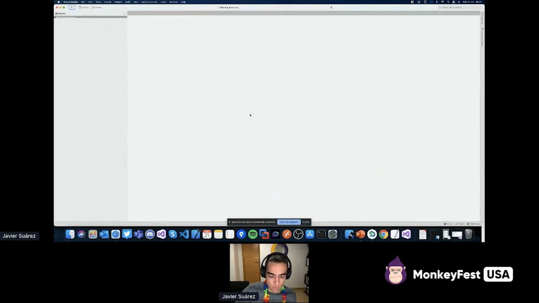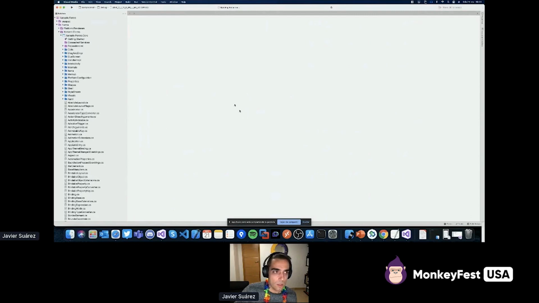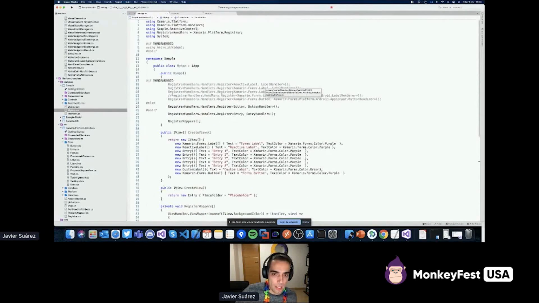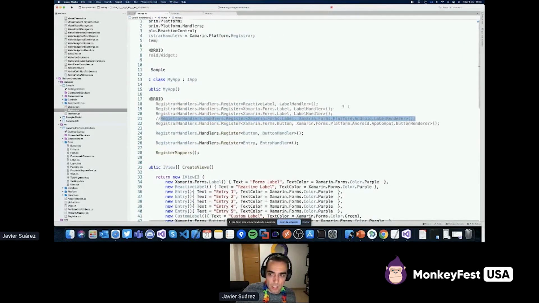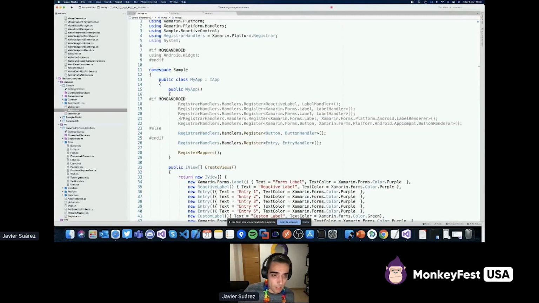So here in the application, you can see that in this line, we are registering, in this case, the label mapping to the label renderer that is available in Xamarin.Forms. And if I comment this line and comment this, in this case, we are using the label renderer when you use the label. And if I do that, I'm going to use the label handler. So you can register using exactly the same way,